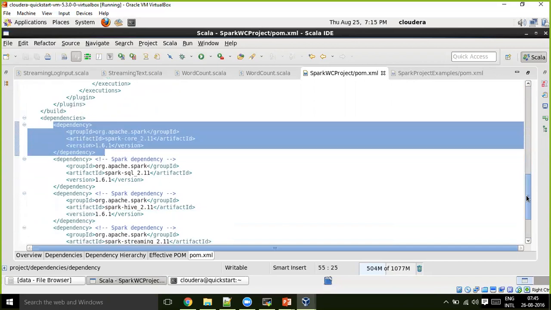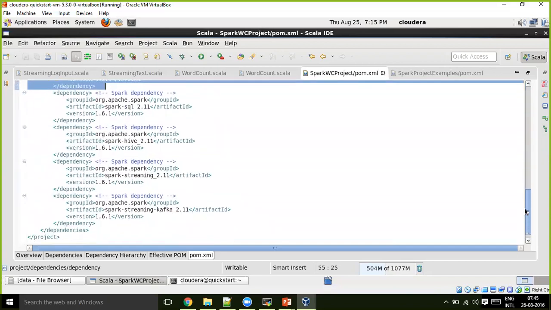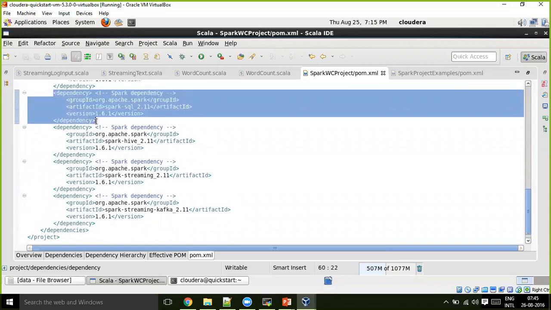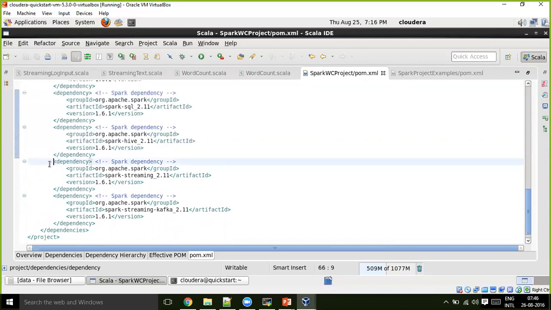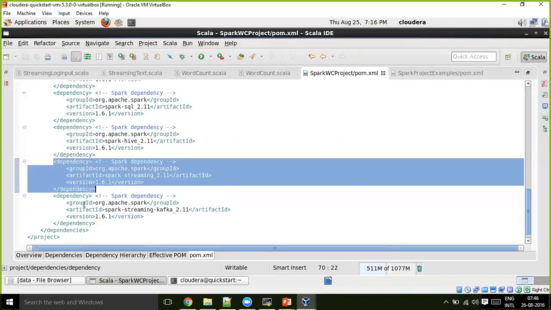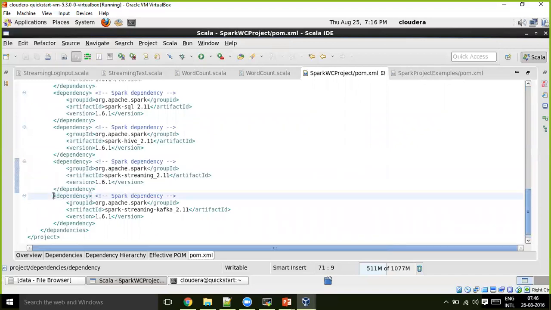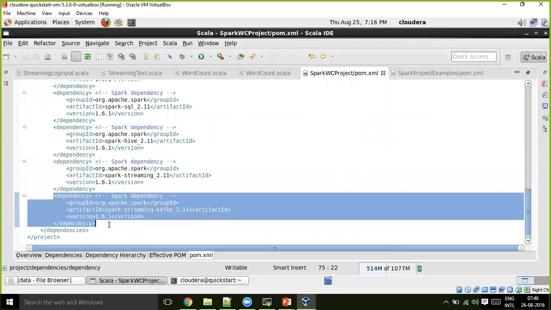Going forward, if we do Spark SQL development in Eclipse, then we need Spark SQL. For Spark SQL with Hive, we need this Hive dependency. When we are doing Spark streaming, this is needed. And when we are doing Spark streaming along with Kafka, we need these dependencies.